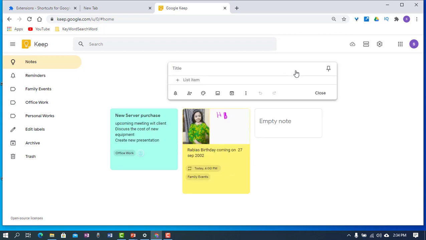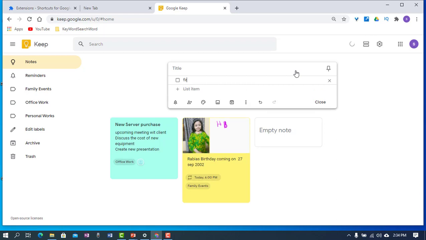As soon as you click on it, a pop-up window will appear. Now you write down all your steps. For example, let us suppose we want to cook food. For this we need to follow some steps. Here we can write down all the steps.